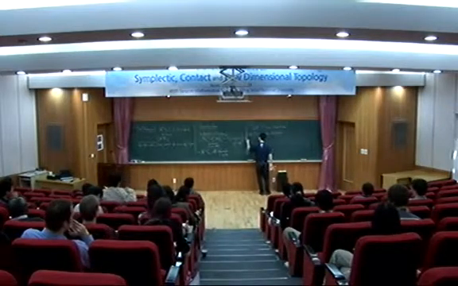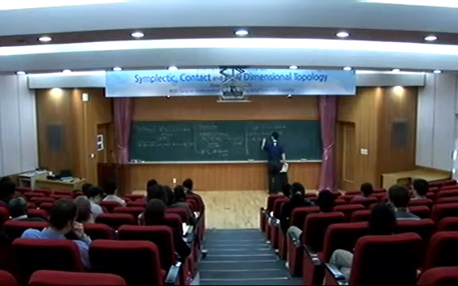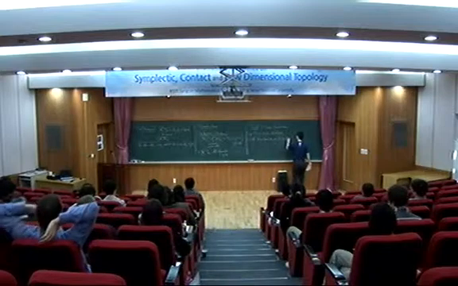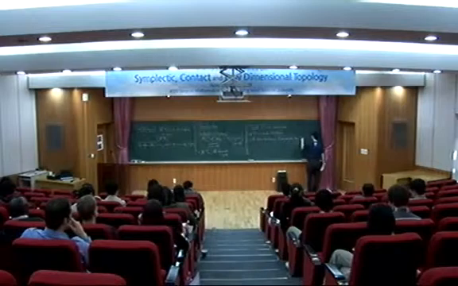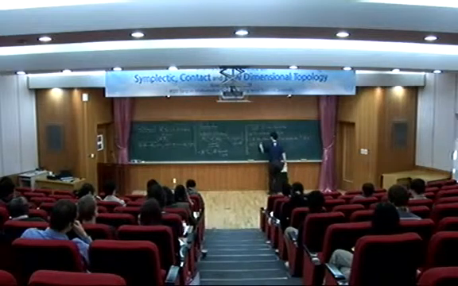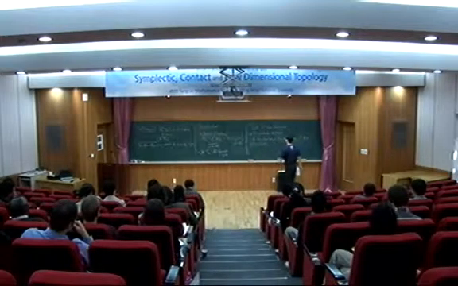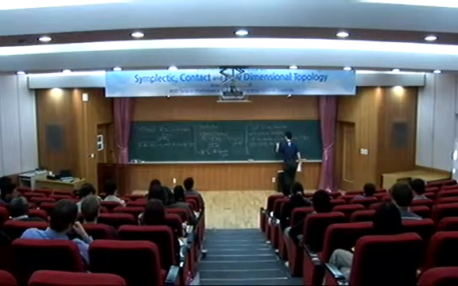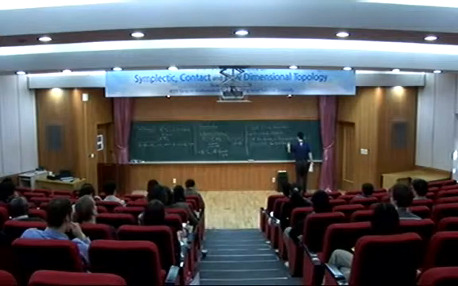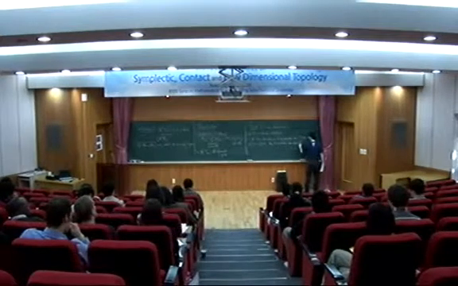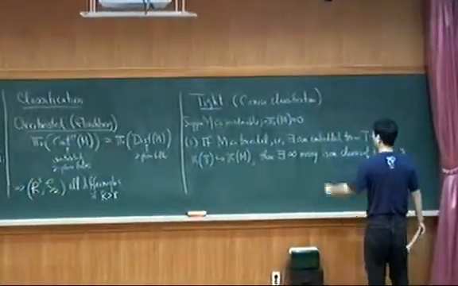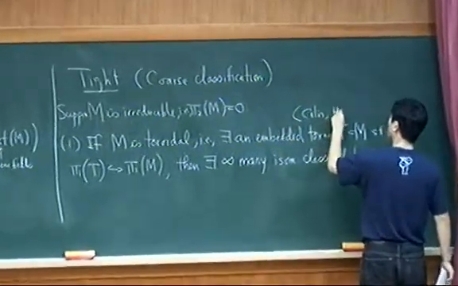On the one hand, if M is toroidal, i.e. there exists an embedded torus T contained in M, such that pi 1 of T injects into pi 1 of M, then there exist infinitely many isomorphism classes of tight contact structures. Maybe I should have attributed this: this one is due to Colin, and then by myself, Kazez and Matic